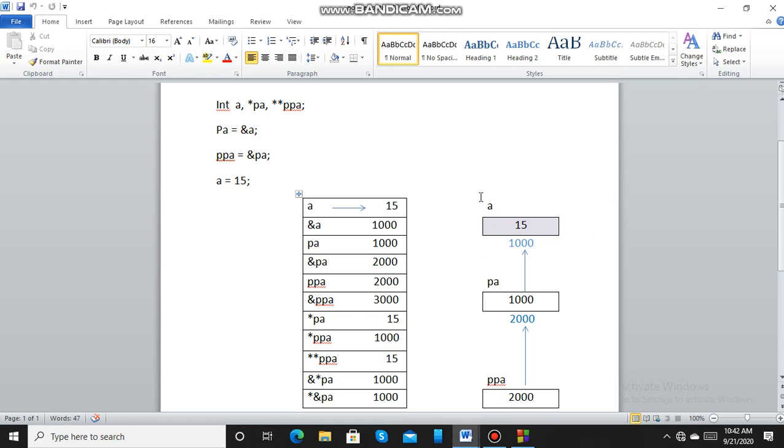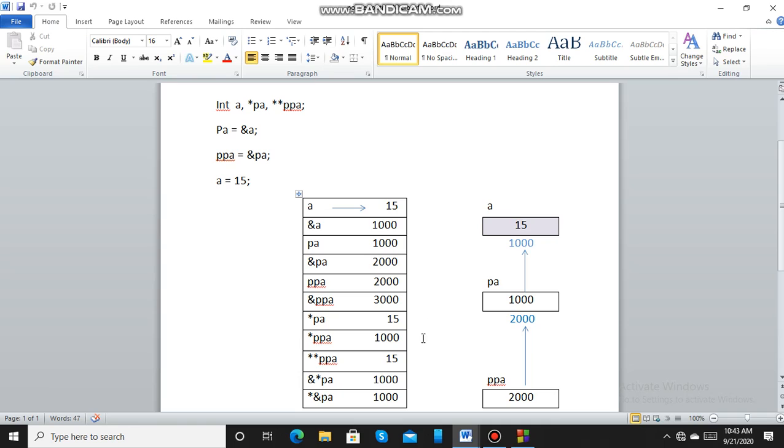So we will see how to retrieve the value. At the time of declaration, if you have used a single star, then at the time of retrieval also you will have to use single star for retrieving the value in the variable. Now if you have used double star at the time of declaration, at the time of retrieval also you will have to use double star.